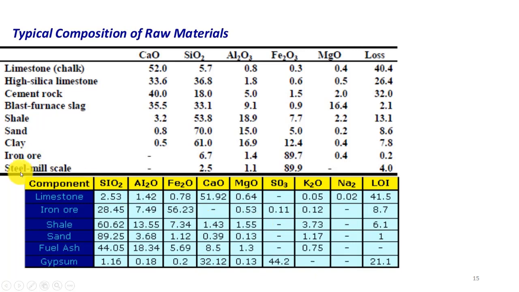So these are the XRF results. Alongside we have the LOI, loss on ignition. Limestone has the highest LOI value, which is 41.5. On the other hand, gypsum is around 21.1. LOI is basically loss on ignition